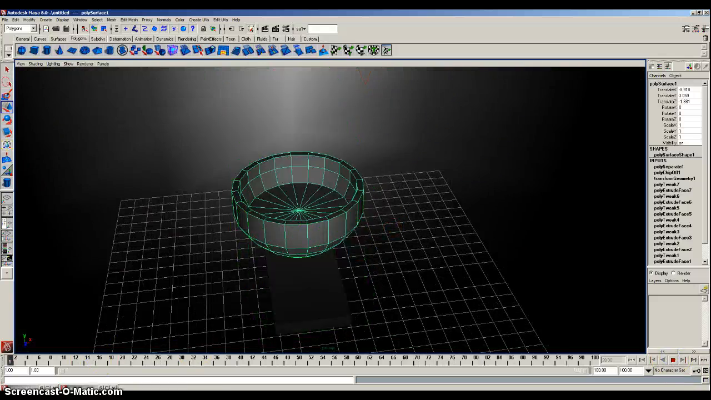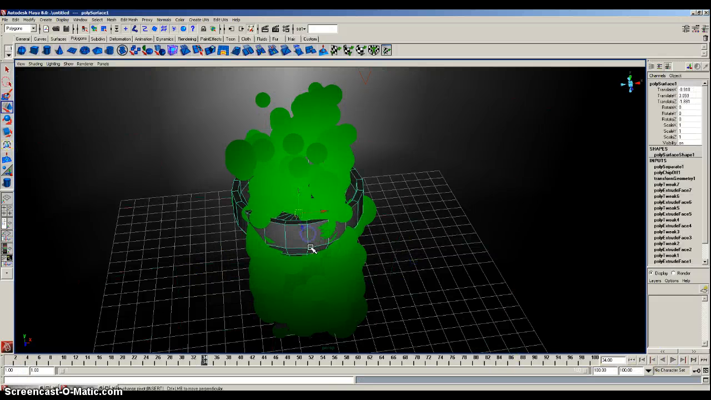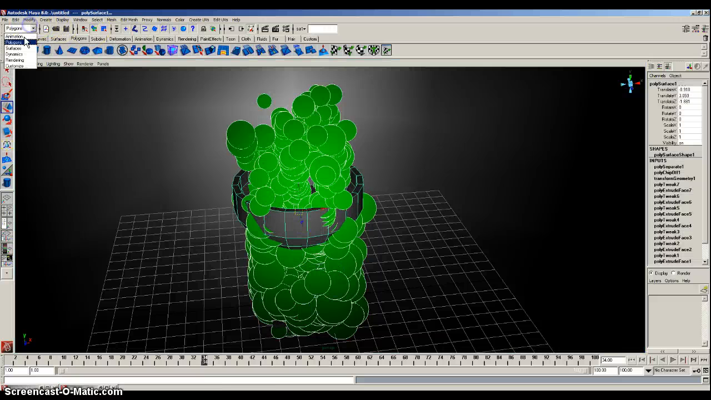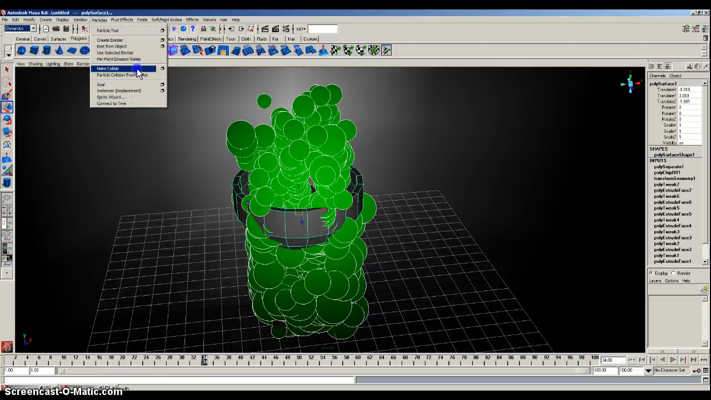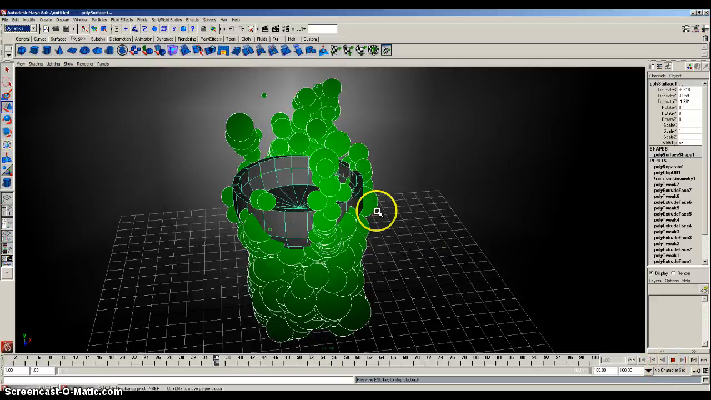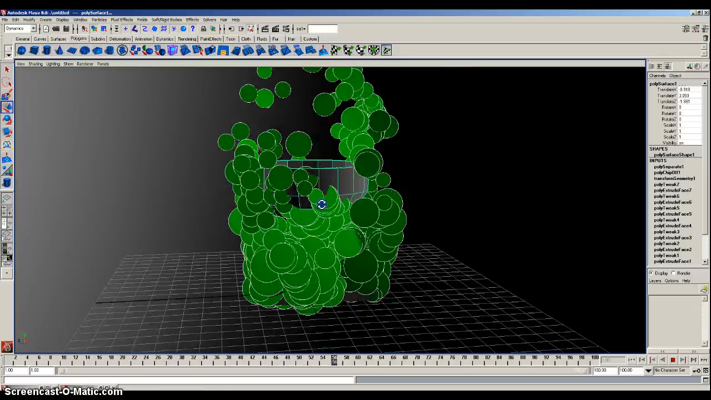Well, it's very simple. I hit play. Click the particles, shift click the cauldron, go to your Dynamics menu, and just go to Particles, Make Collide. That's it. And now you'll notice that the particles go around it. So if you were to get a quick render here,